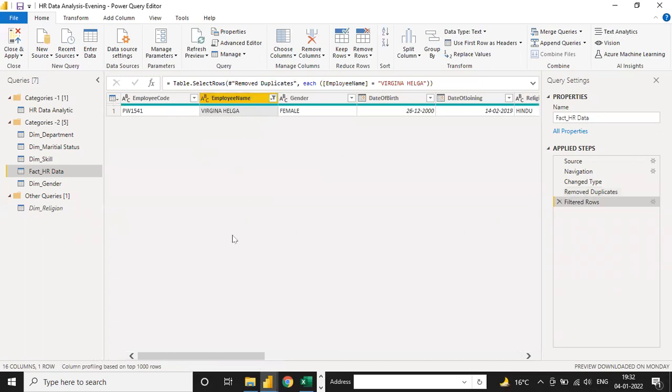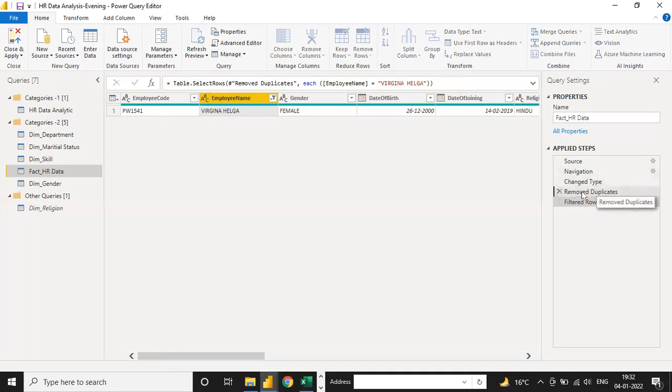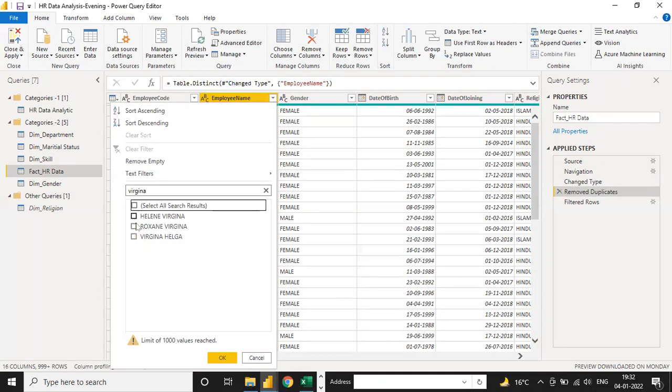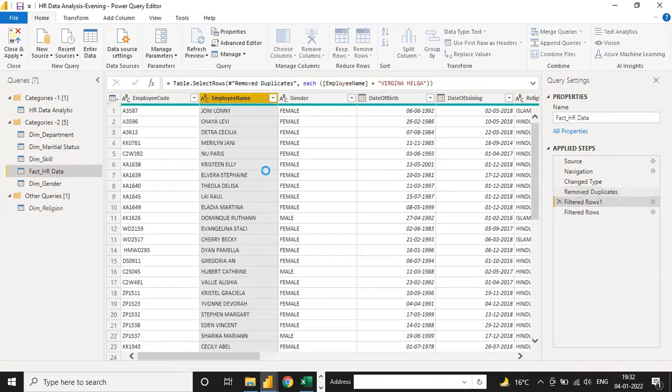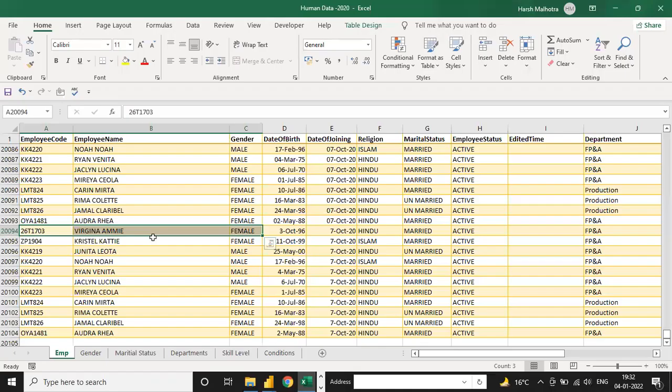I had copied this, but after that I checked remove duplicate, and now if you check, it is only one, because we have already removed the duplicate data. If you don't remove the duplicates, then if you check, there will be two of the same name.